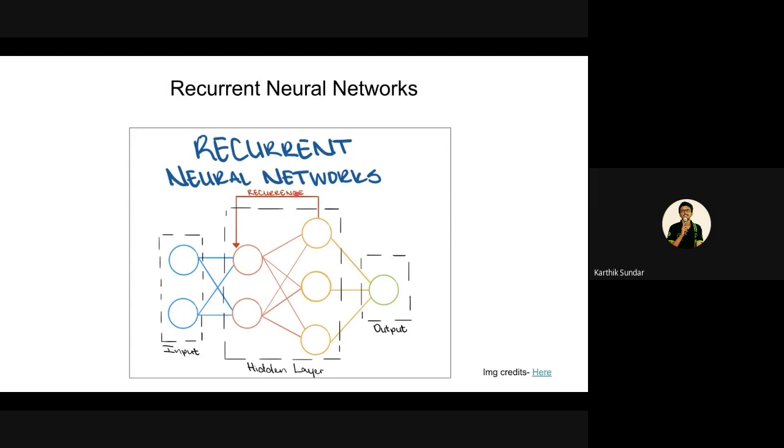And why do we have this feedback? Generally in text-based applications, the words together have a meaning. The order of the words has a meaning. I think everyone is using a smartphone now, and you must have a feature called autocorrect or auto predict. This auto predict depends on the word before, right? So that's the intuition behind recurrent neural networks.